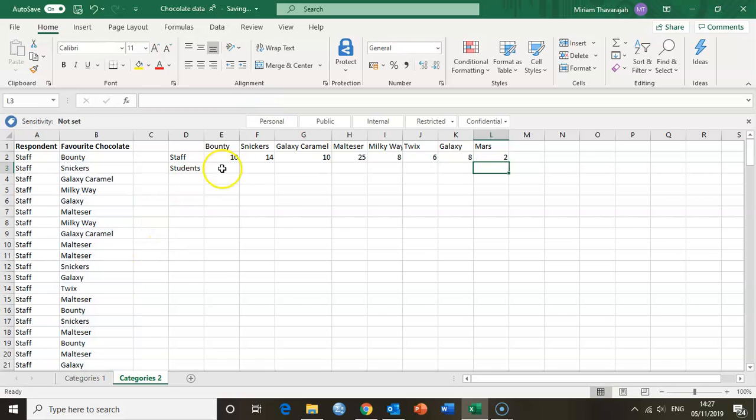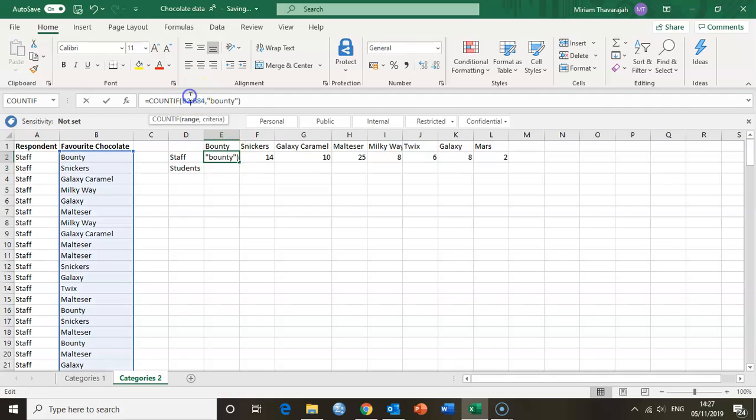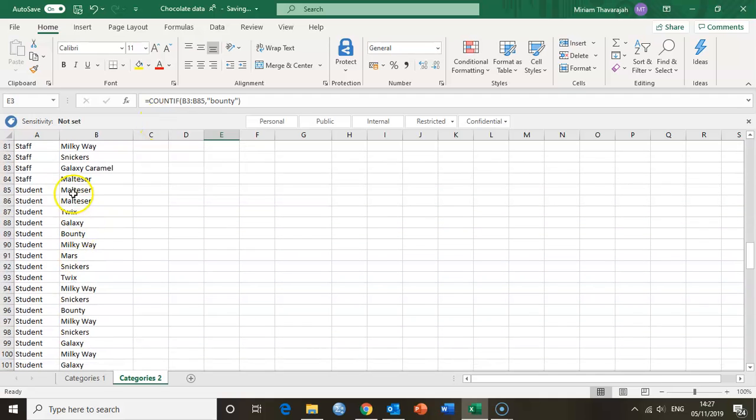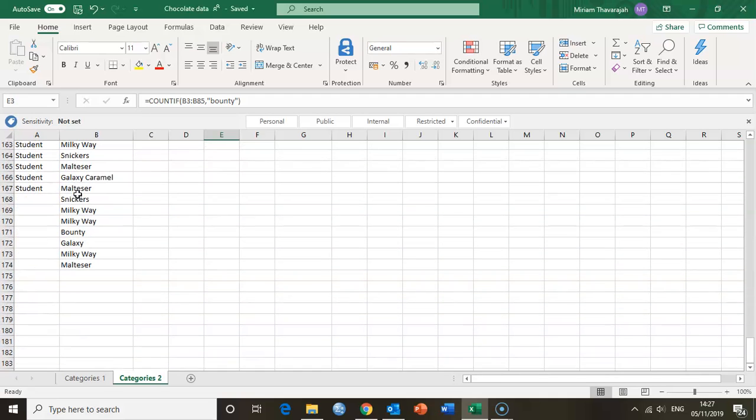There you go. Now you can do the same for the students, but obviously you then need to change the selection. So we don't want B2 to be 84 actually. What we want is, and I can show you that, drag it down. You can also just manually change this. We can have a look where we are in this data set. We want B85 all the way down to